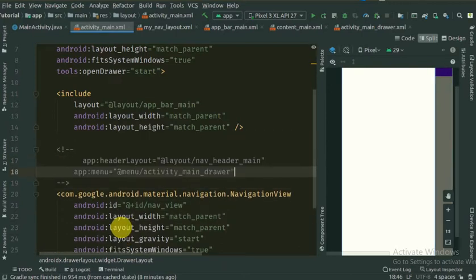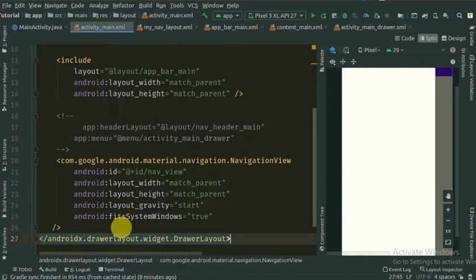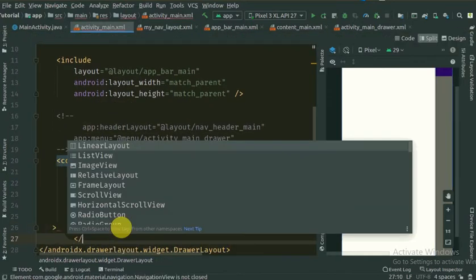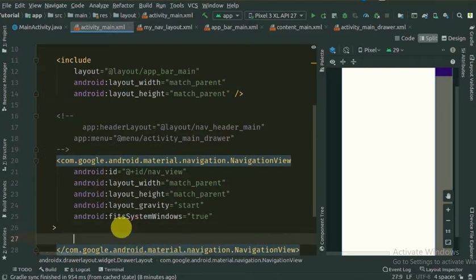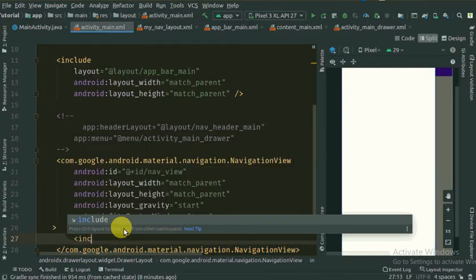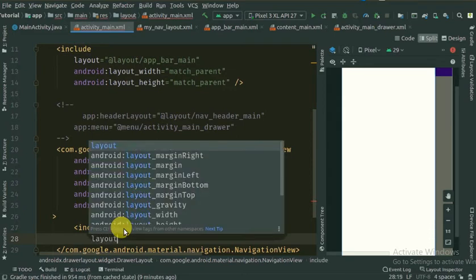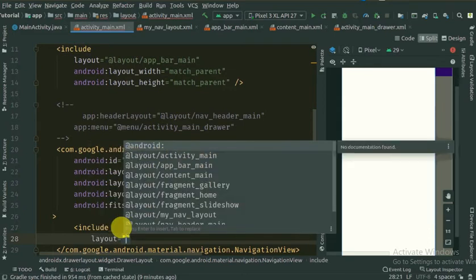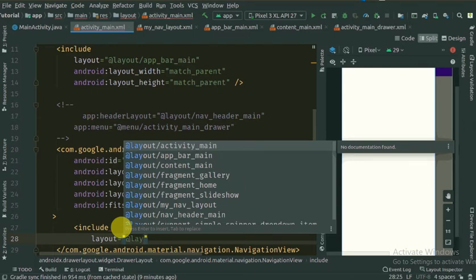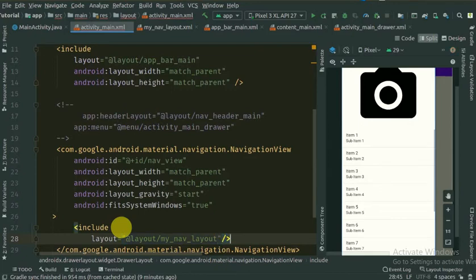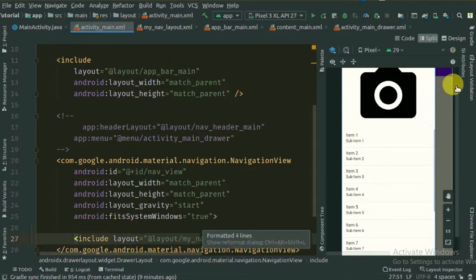Now to add the custom layout in our navigation view, we have to add our layout here. So I'm using an include tag and including my layout. The layout name is @layout, what we have given, my navigation layout. Okay, so that's all. Now you can see this is our navigation layout and we have customized it through our own XML.